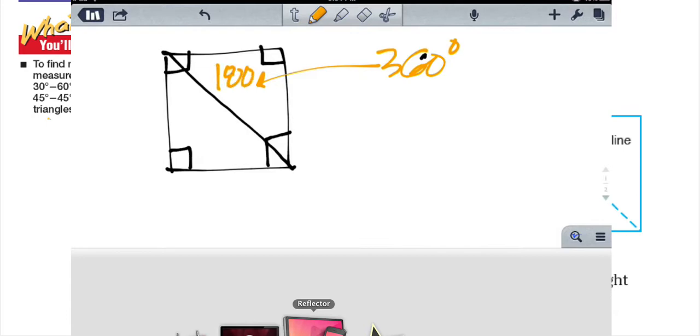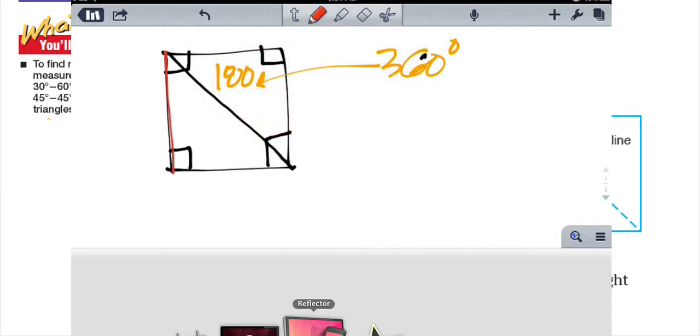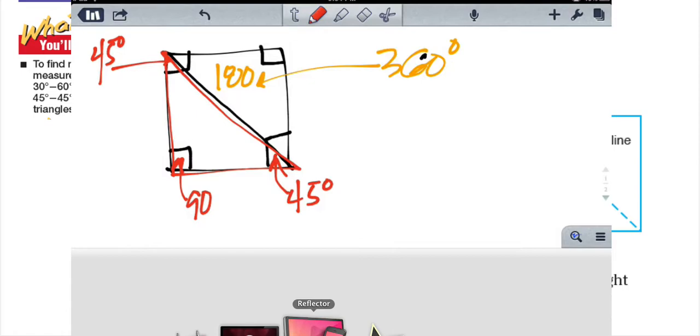So to find the measure, if this is our right isosceles triangle, since this is 90 degrees, and this is 90 degrees, half of it is 45 degrees. So our isosceles triangle has measures of 90 degrees, 45, and 45. Going back to our square, if our square has a side of 4 inches,